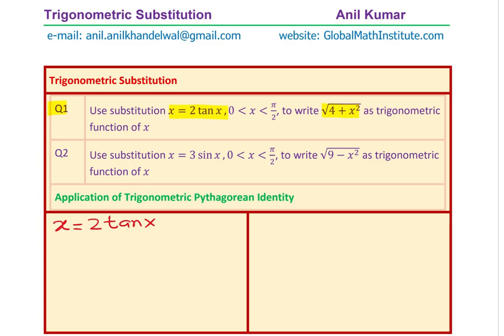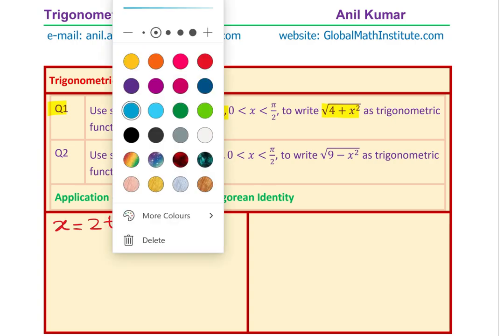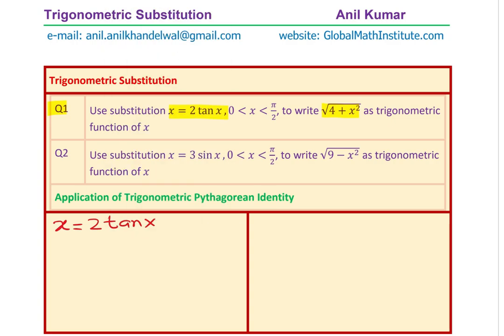Now when we say within 0 to pi by 2, we are saying that it is in quadrant 1, right? So that means